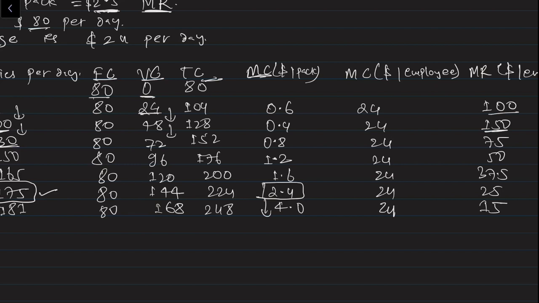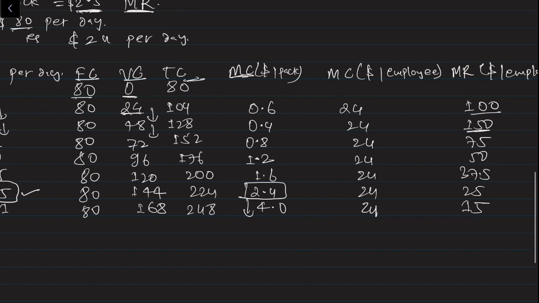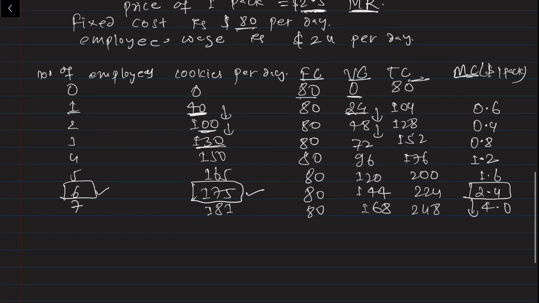You can verify your calculations from these values. All right, so now you can see marginal cost and marginal revenue. At this point, marginal cost is lower than the marginal revenue, but when you go down, the marginal cost becomes higher than the marginal revenue. So you would stop at this point, and you can see the number of employees the company should hire is 6, and the production is 175 packs per day. Okay, so you can be asked this kind of question in exam, so you better understand this. All right,